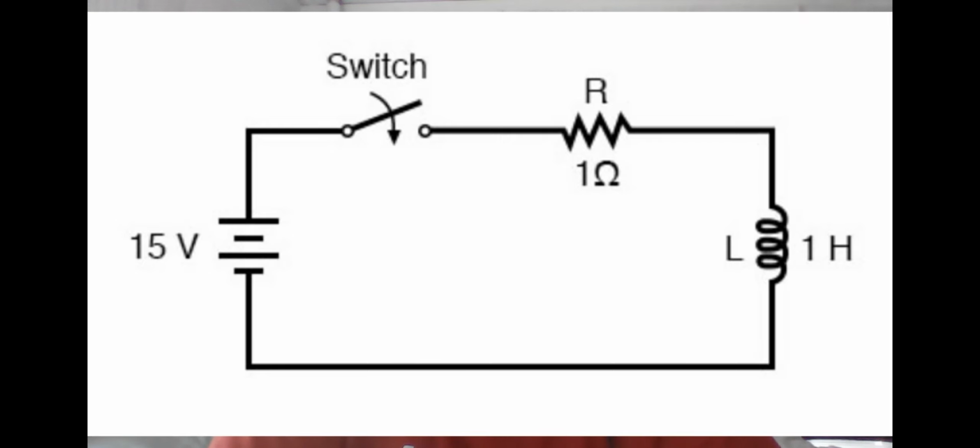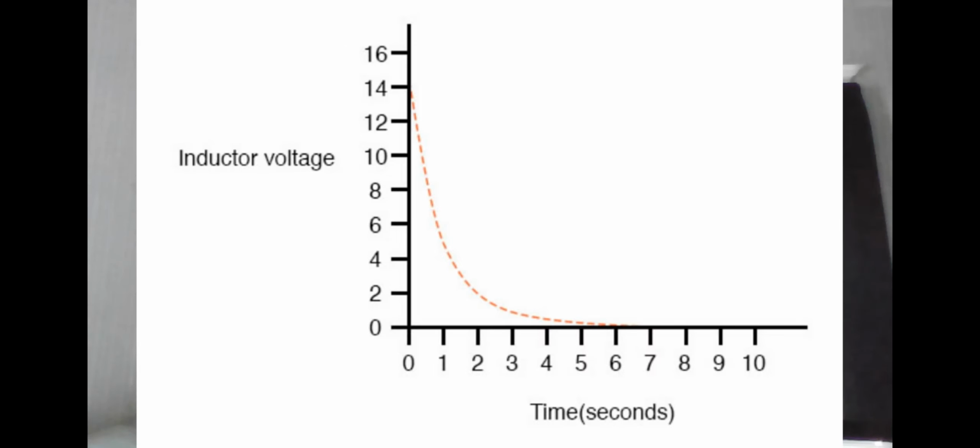This means the calculation will not be as simple as for a capacitor-resistor circuit, because you have to calculate the voltage along the resistor first, and then subtract that from the total voltage, instead of calculating the voltage of the component directly like you could with a capacitor. So in conclusion, the graph of voltage versus time for an inductor-resistor circuit will look like this, because of how